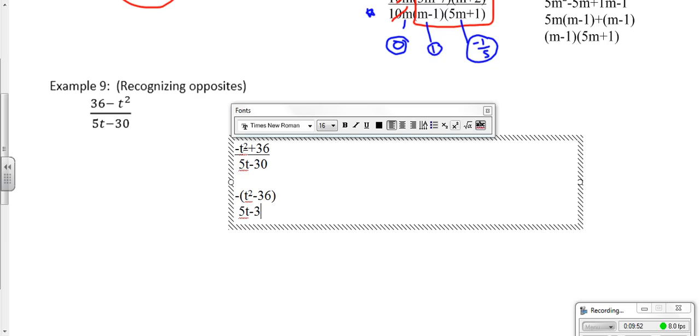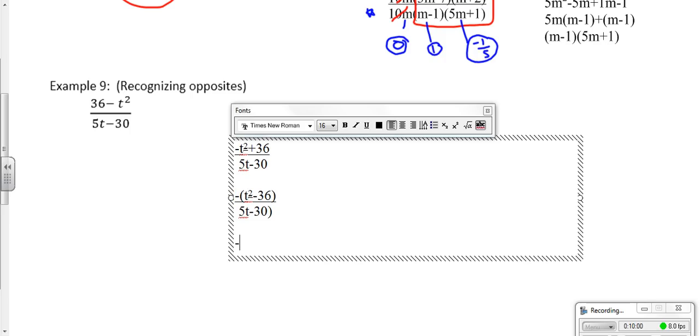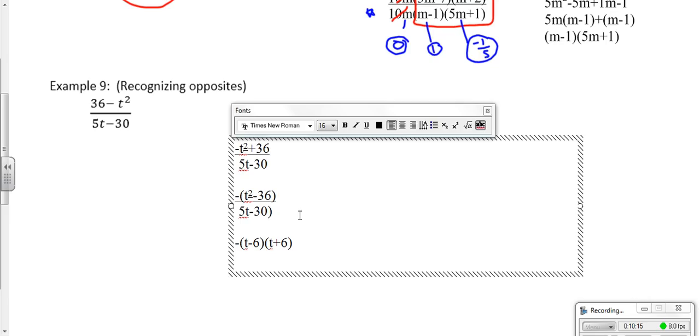It's alright. Alright, so let's factor it. The top one is the difference of two squares, so I have a negative parentheses. I have a t minus 6, a t plus 6. So remember how we factor a difference of two squares? Opposite signs and the square root of each one. The bottom one would be factoring out of a 5, and I get a t minus 6,